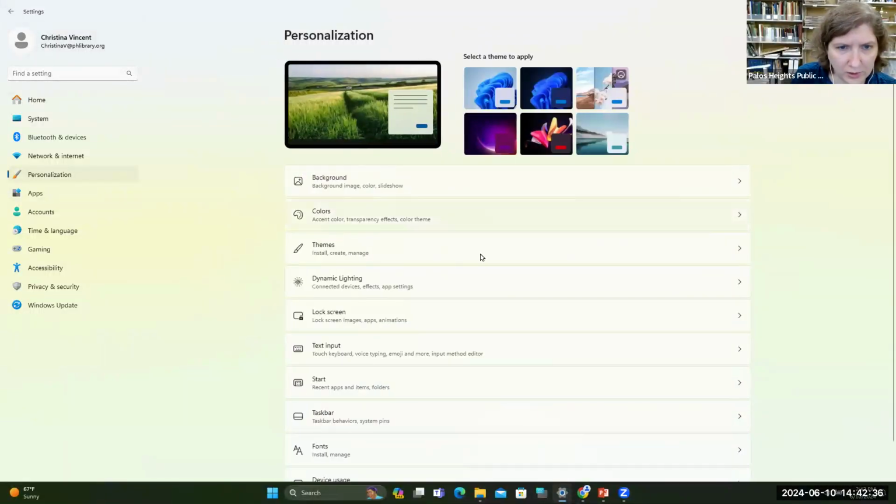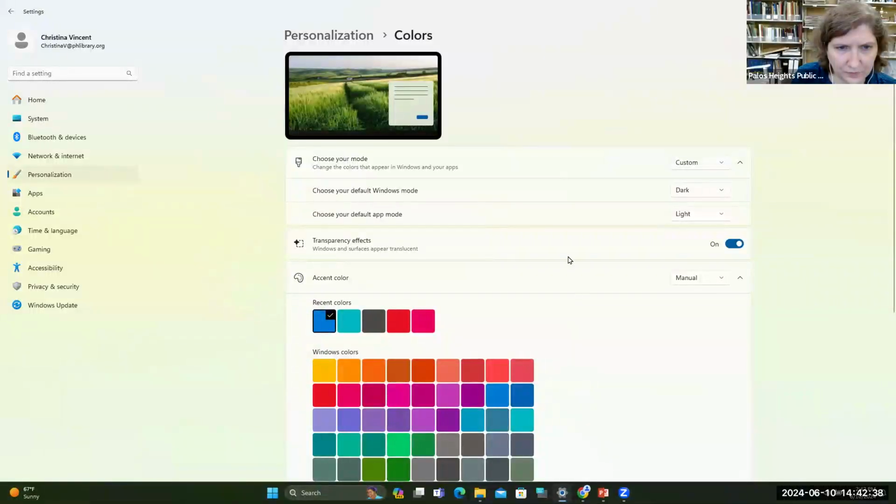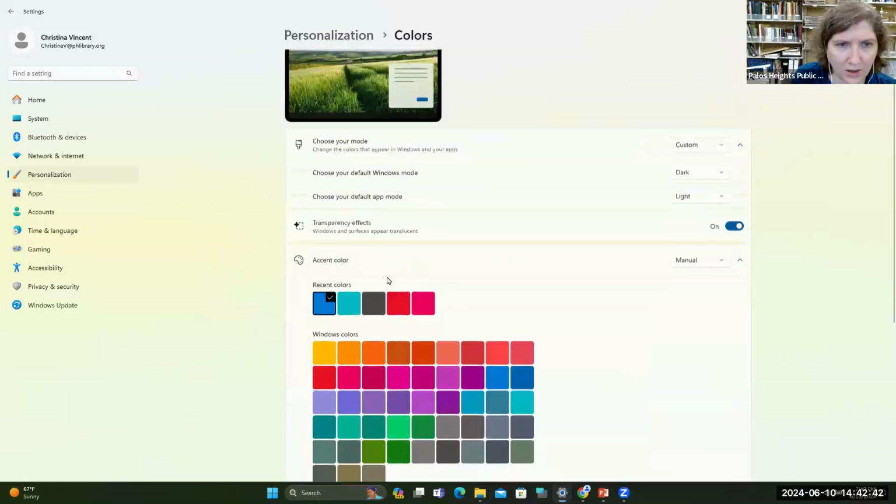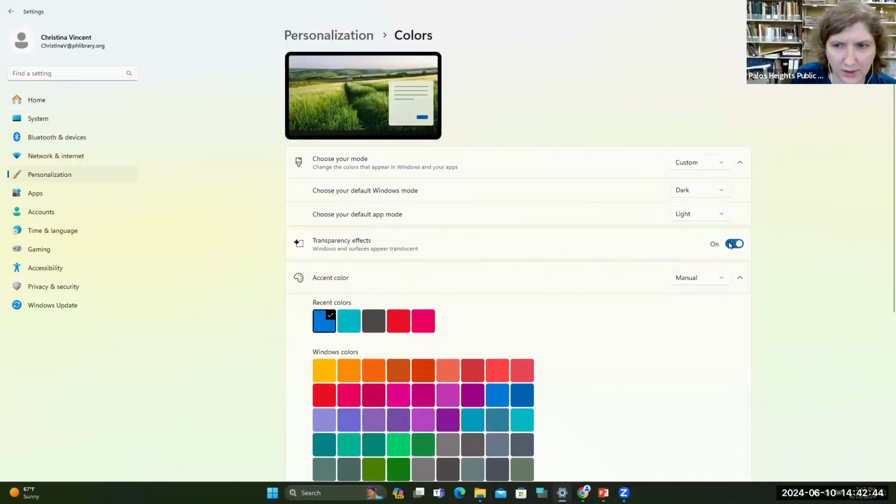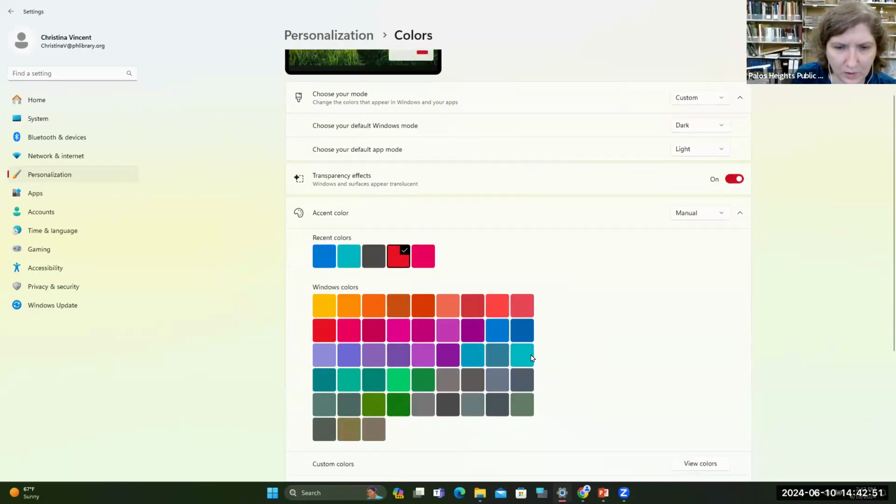Then we have more colors you can choose from as the accent color, like the blue here. If I change this, it will change it to red, or I can have it gray, or even purple. So I can choose a color that these accents are.